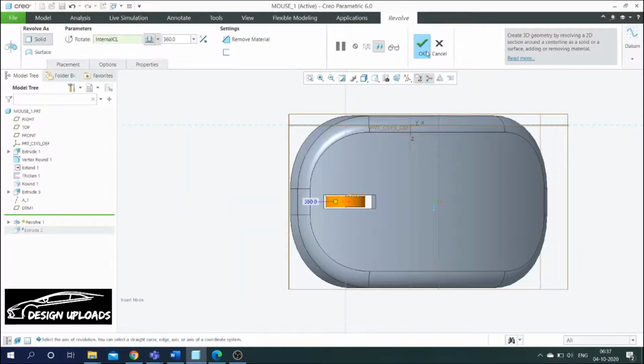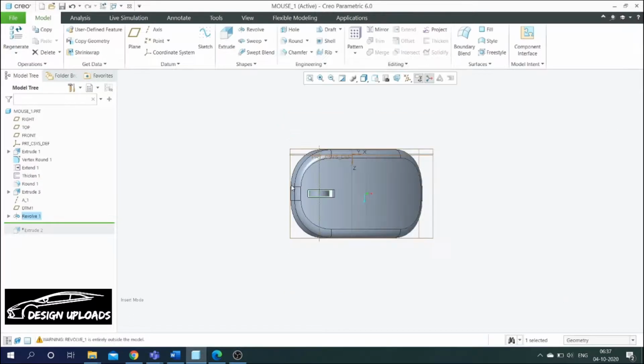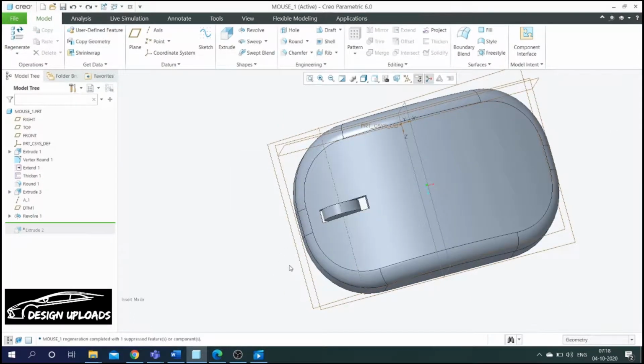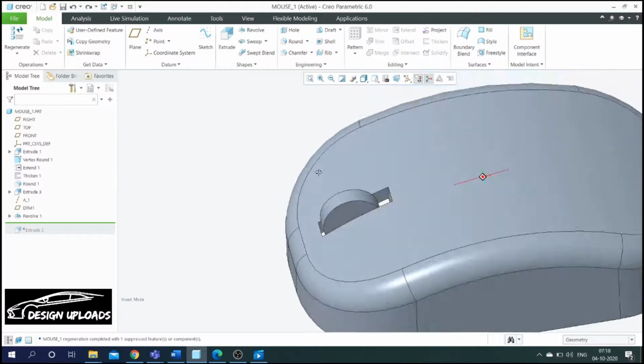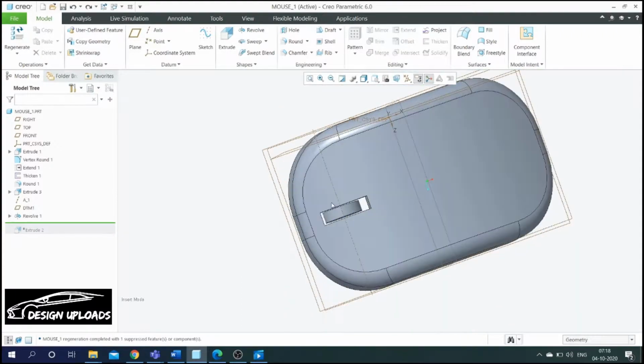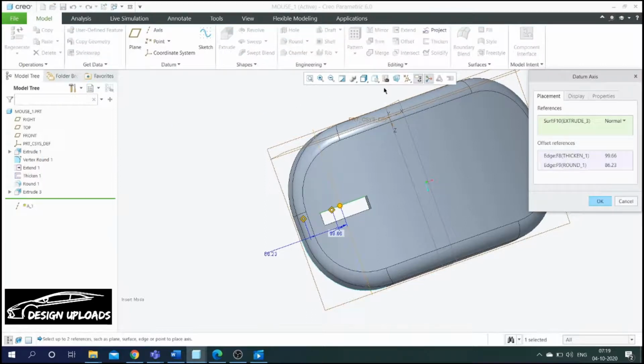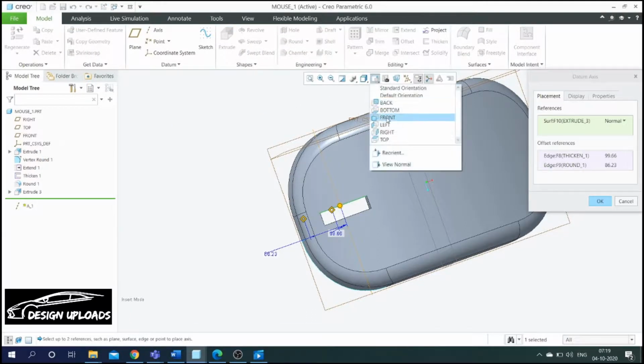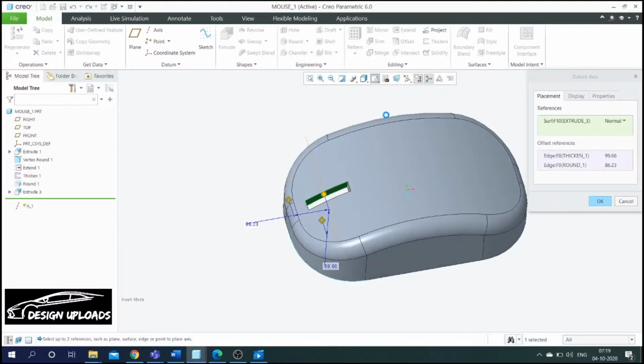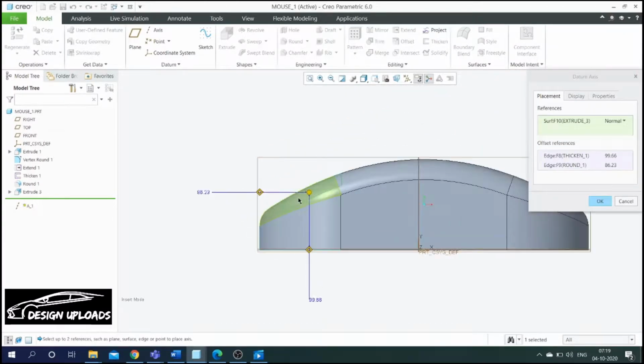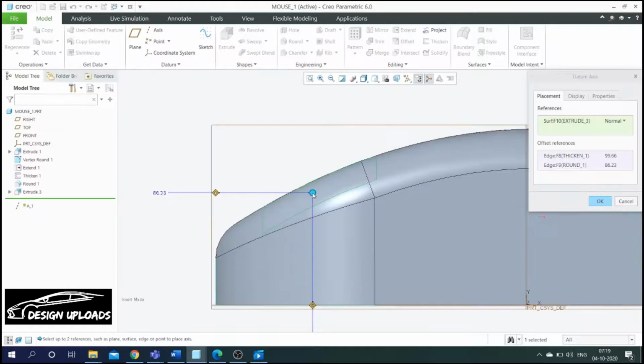Automatically a roller has been created. Therefore, the rollers are not at the center of the slot. To make the rollers at the center of the slot, just click this axis and give edit definition, give view orientation as front and adjust this point.